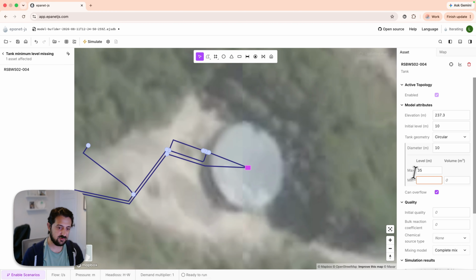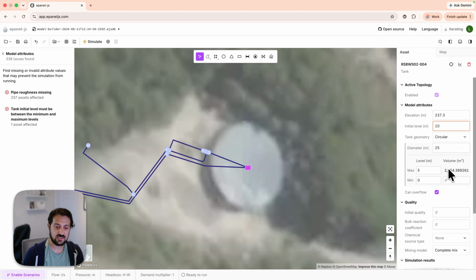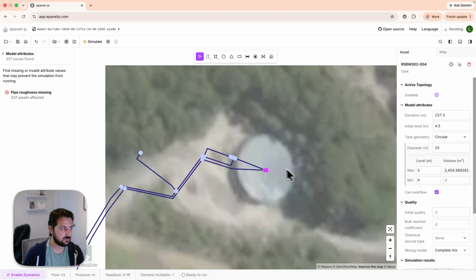Here, if we go to satellite view, this tank is about 5 meters high with a diameter of about 25, and it's directly on the ground with 0 elevation. And you can see here it's calculated, it has about 2.5 megaliters automatically, which lets you know here. You can also define it by the total volume or volume curve as you need. You can see we've also got a warning here that this initial level is higher than the level. So we can change this and we can make this 4.5 meters.